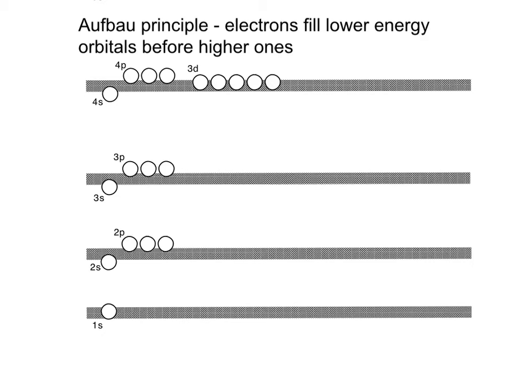So this video is going to go over how to fill in Aufbau diagrams and how to use those to write electron configurations for different atoms. So just as a quick vocabulary review, remember that these lines here are representing energy levels, and we represent that